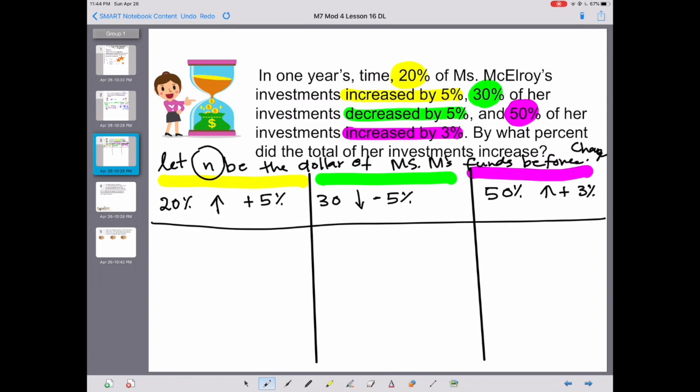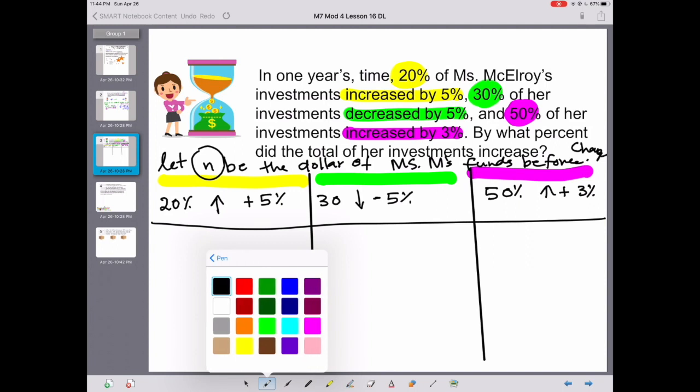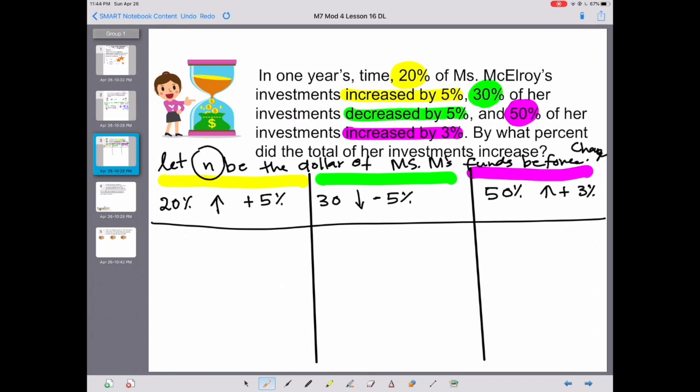So let's do that. Let's actually get a different color. Trying to get a color matching. The yellow is not good. Okay, here you go. So